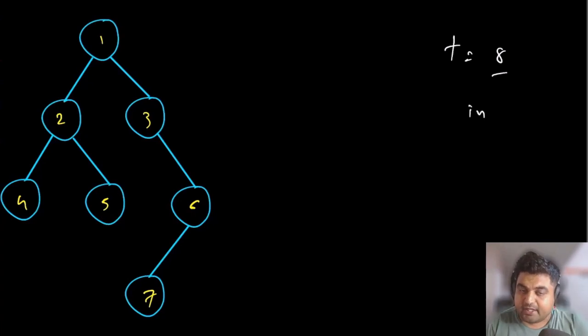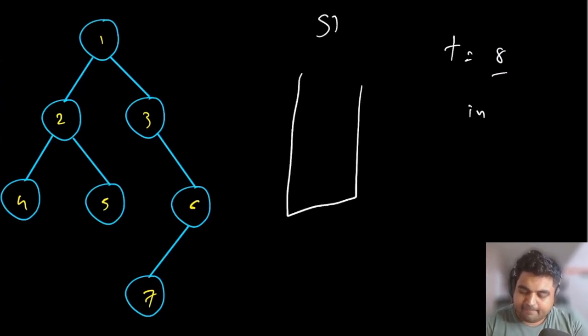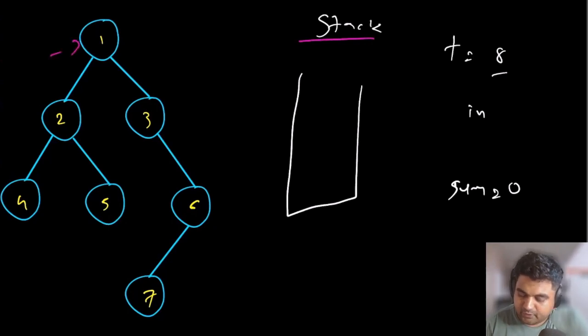Let's just do in order traversal. Now we can do this recursively, iteratively, whatever you want to do. Let's just do it iteratively. Okay, so we are going to use a stack. Now we are also going to use a variable for the sum of the path that we have been able to find so far, and the initial value of the sum is going to be 0. The first value we pop from the stack is going to be node number 1. Now again, for this node number 1, we are going to increment the sum. Sum is going to be currently at 1.